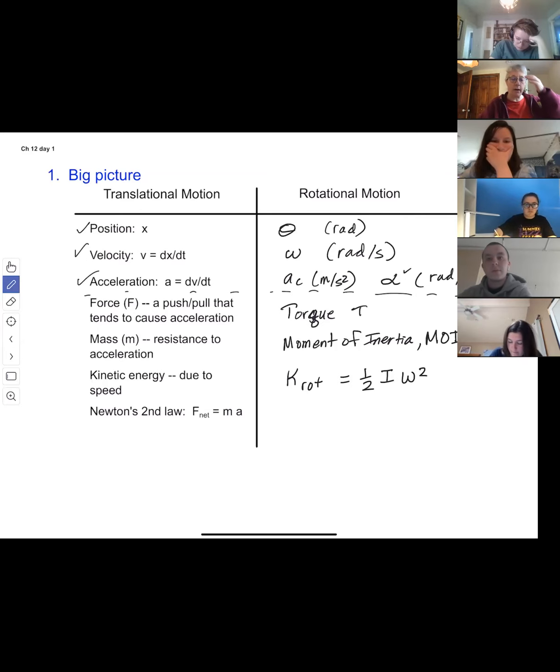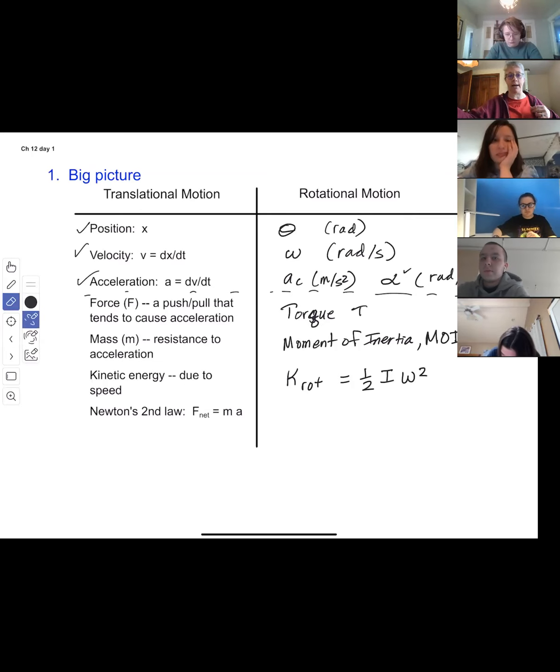We can use all of our energy ideas in rotating systems as long as we are willing to acknowledge that rotating objects have a kinetic energy just because they're rotating. Now, if they happen to be translating as well, they'll still have translational kinetic energy, that would be the one-half mv squared. But this is going to be very powerful for solving what might seem like a really complicated problem